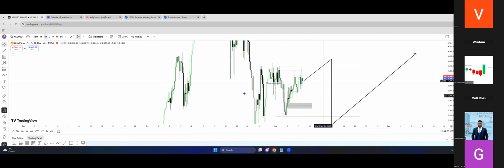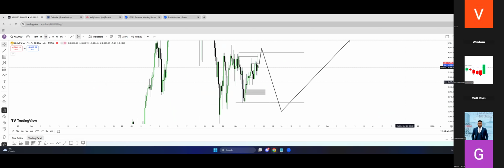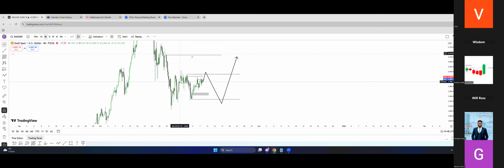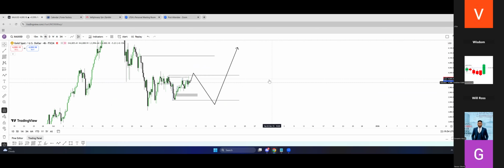That is why I say I would like to see the up side get manipulated, showing us, okay, maybe that is where price is going to go for the rest of the week, but we might come down for probably manipulation of the downside before price will start going for higher liquidity or something. This is what I would like for price to do on gold.